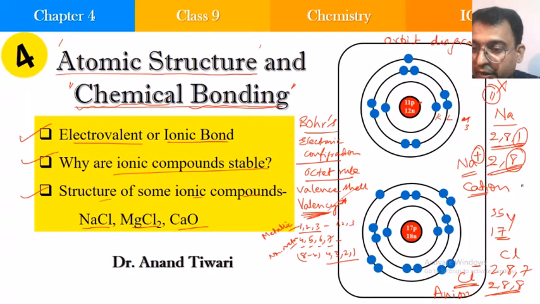How do you remember? Cat, the paw of the cat, right? Whatever legs it has, cat paw. So cat paw positive. You can remember it in that way. So Na plus, sodium, is a cation, and chloride, Cl minus, is an anion. So cations are all of metallic nature, and anions are of non-metallic nature.